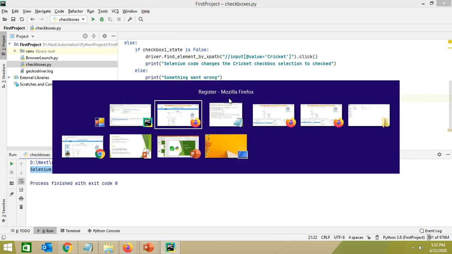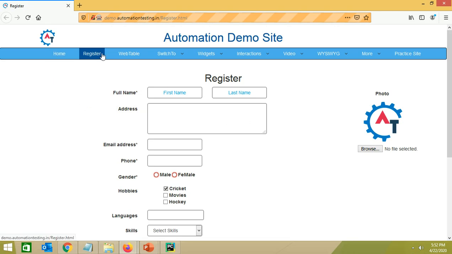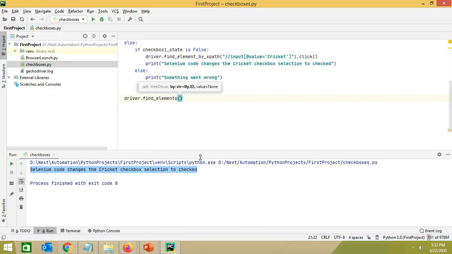If I go to the website, on this website you can see there are multiple links available, so it will check how many links are available on the website.